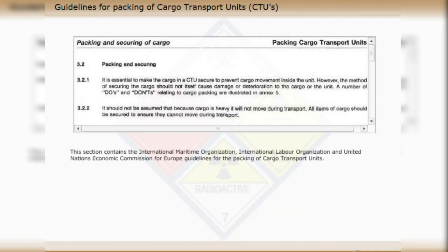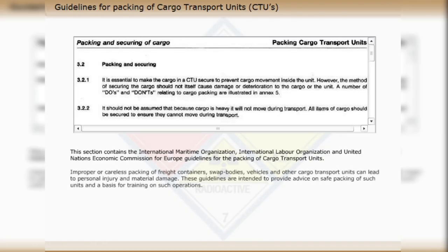This section contains the International Maritime Organization, International Labour Organization, and United Nations Economic Commission for Europe guidelines for the packing of cargo transport units. Improper or careless packing of freight containers, swap bodies, vehicles, and other cargo transport units can lead to personal injury and material damage. These guidelines are intended to provide advice on safe packing of such units and a basis for